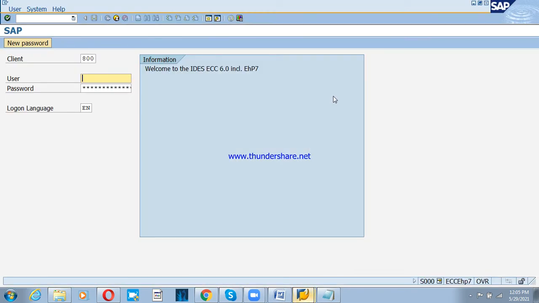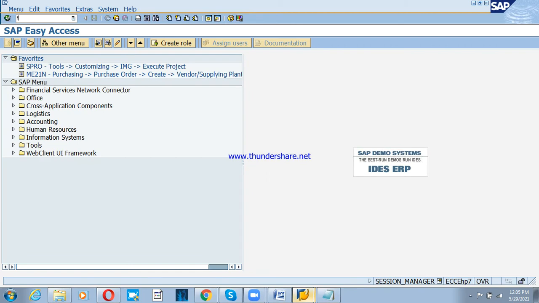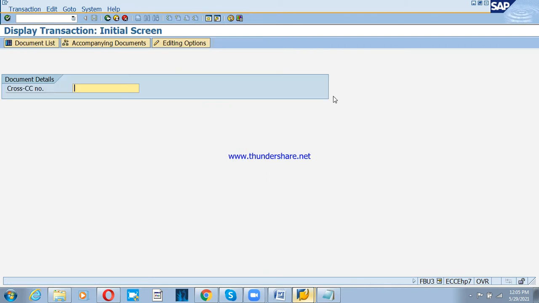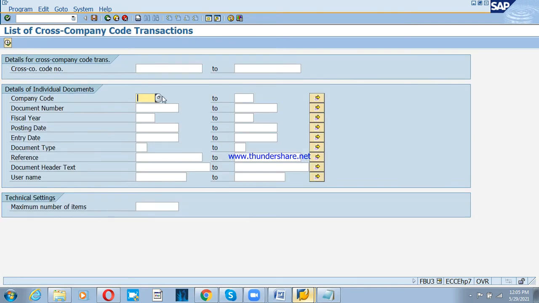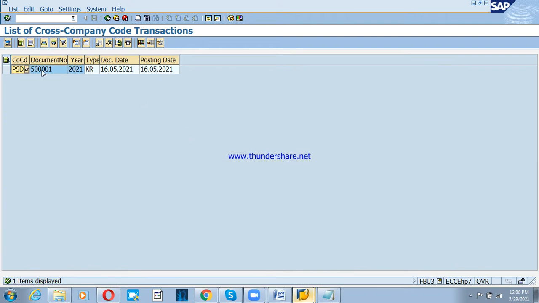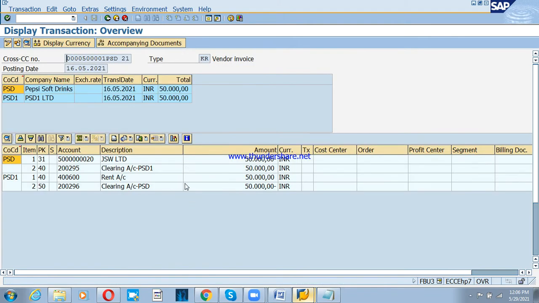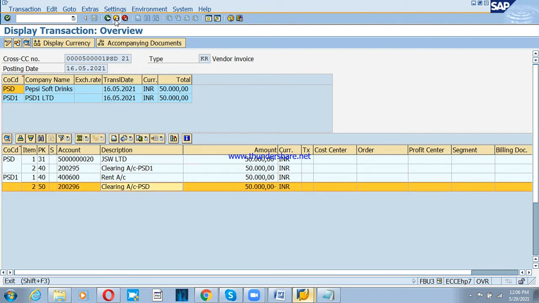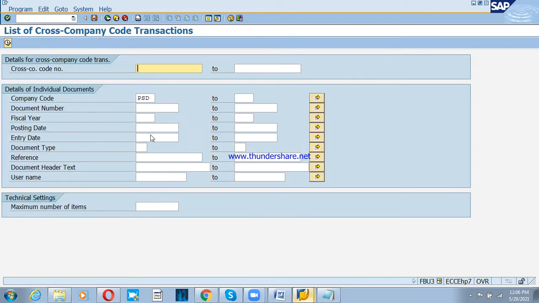So I think last class we discussed cross company code, right? And company code is PSD. Yeah, this is our cross company code transactions we did, right? Today we'll go with